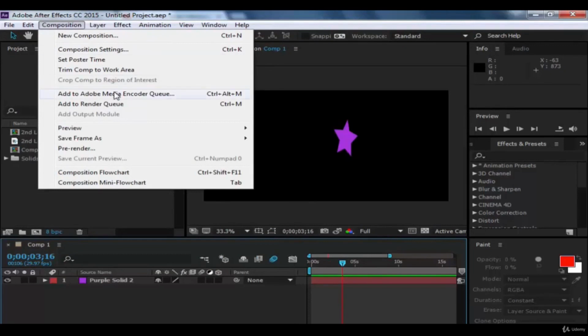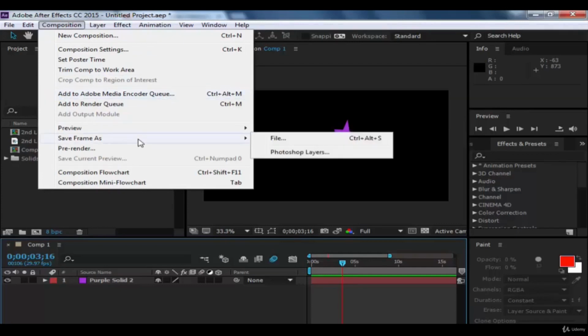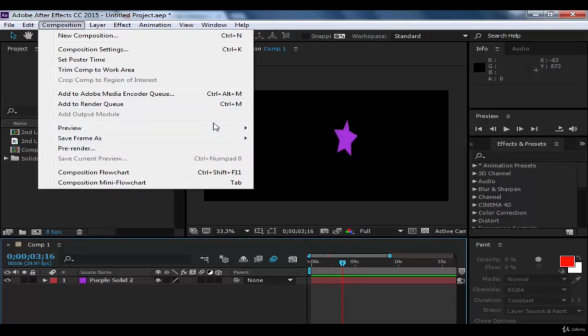Composition, well, I will show you how to export it in a while, how you can export things, and you can even save frames as files or even Photoshop layers, so that you can then just make differences and make changes in Photoshop and save it as a file or as an image or anything else. You can save the frame as